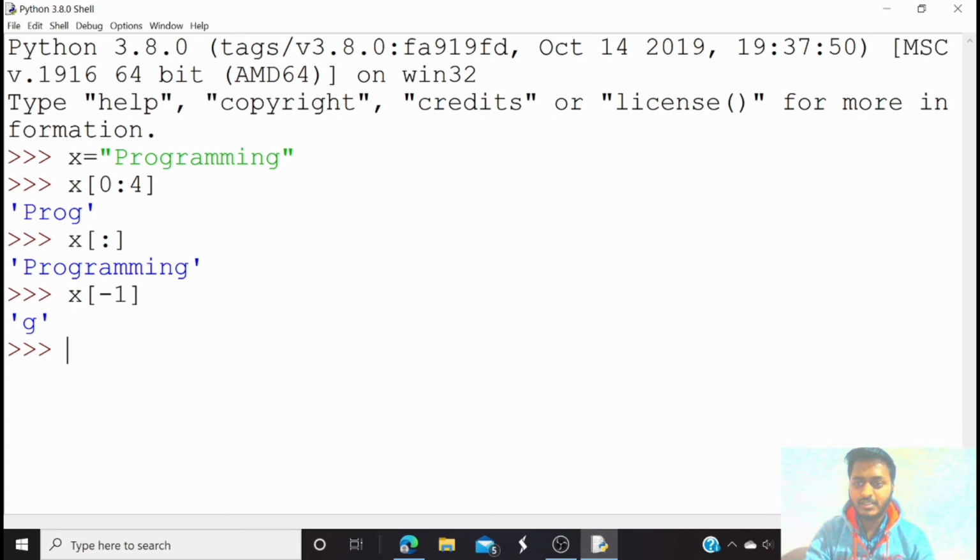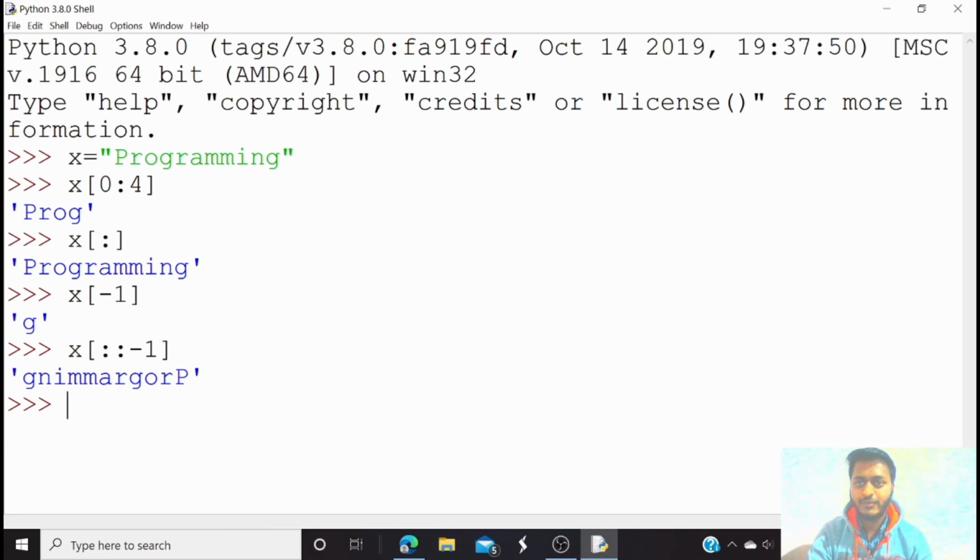Here in slicing there is another method. If I am taking the whole string of x, and here I am using -1, you can see the whole string is printed in reverse. Here the -1 is the step. The default value is 1, so it iterates each and every character singly. And here we used the value -1, so it iterated the string in reverse.